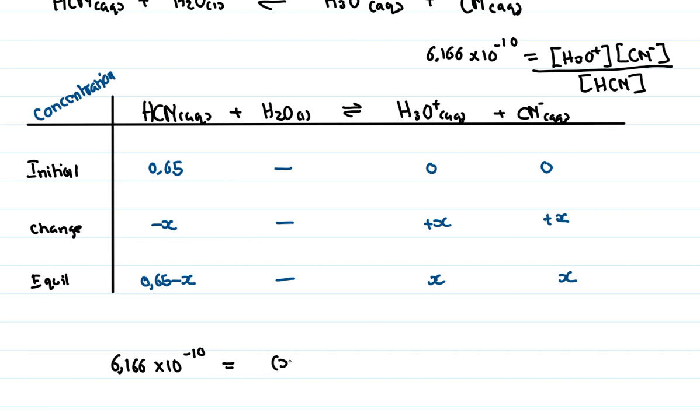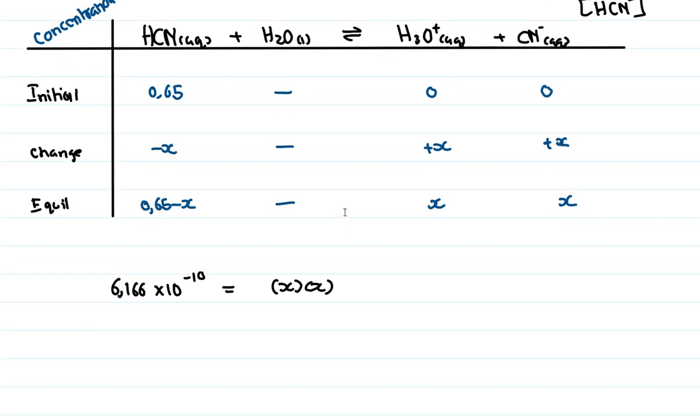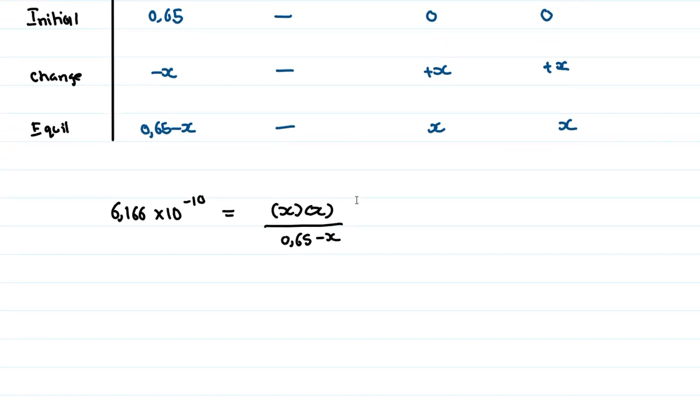So we have x and x, divided by the equilibrium concentration for hydrogen cyanide, which is 0.65 minus x. So from here we're going to multiply both sides by 0.65 minus x,